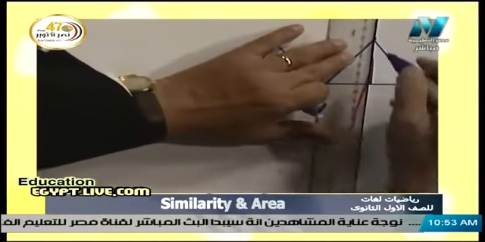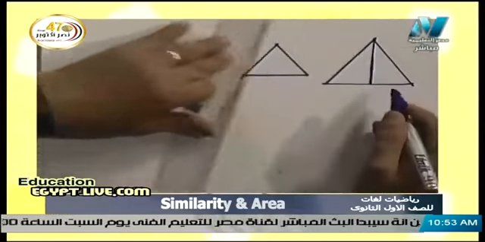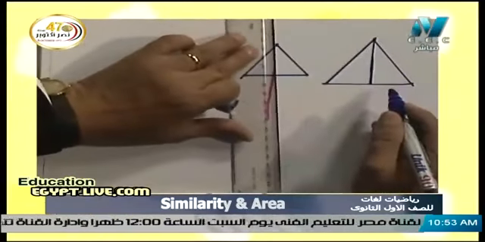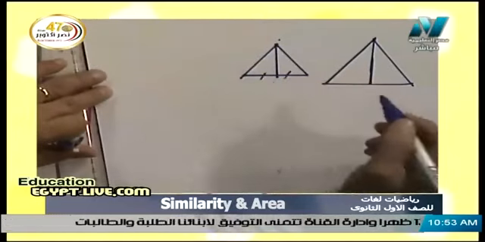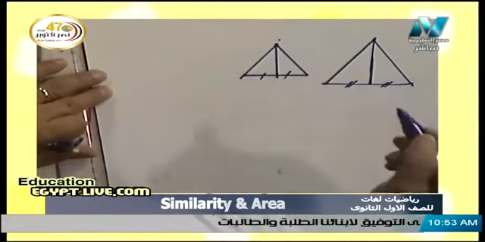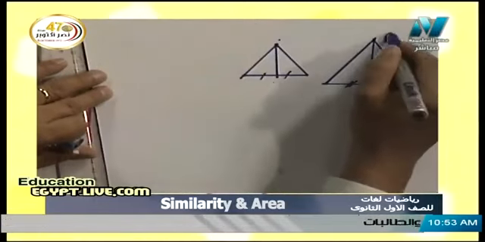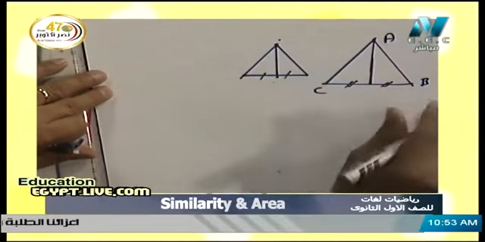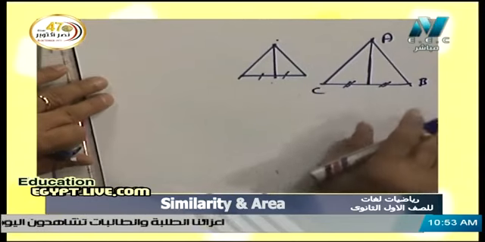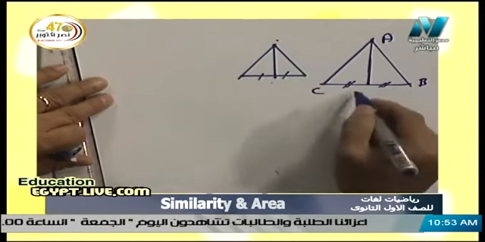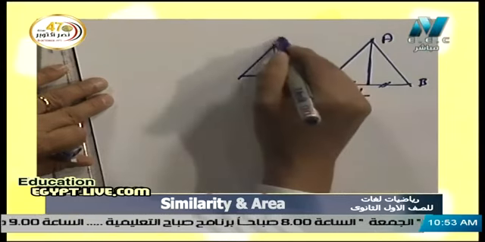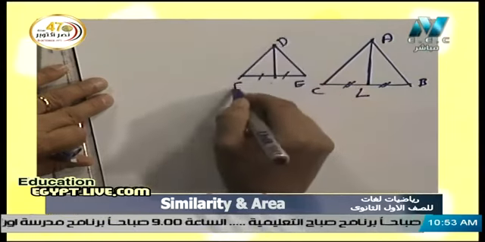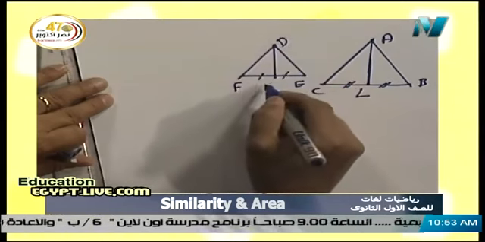What is the median of triangle? Remember, the median of triangle is the line segment joined from the vertex of triangle and bisect the opposite base. So if we have triangle ABC here, and we have L here, and this triangle DEF, and M is the midpoint here,